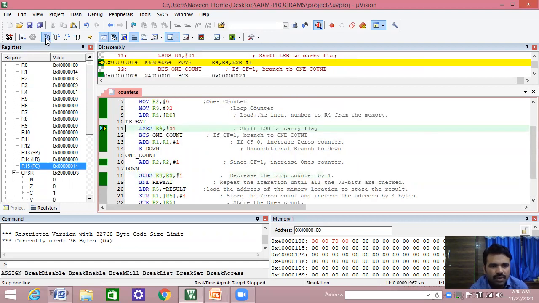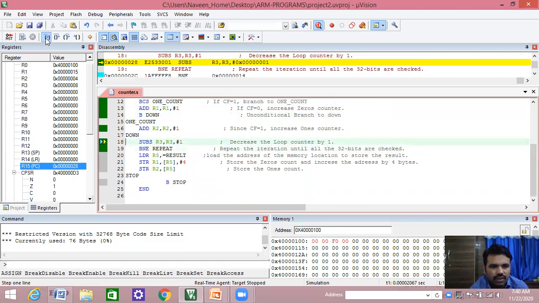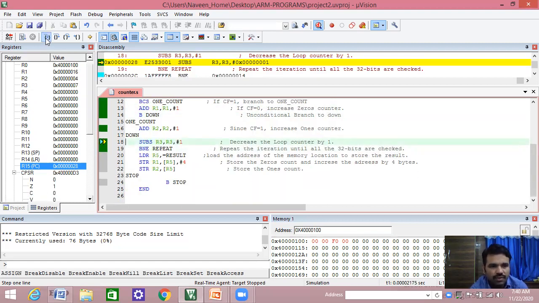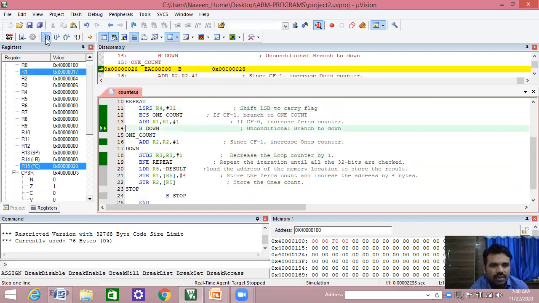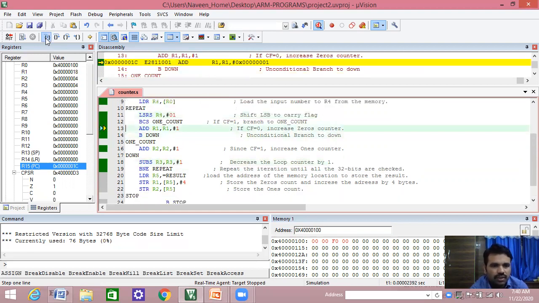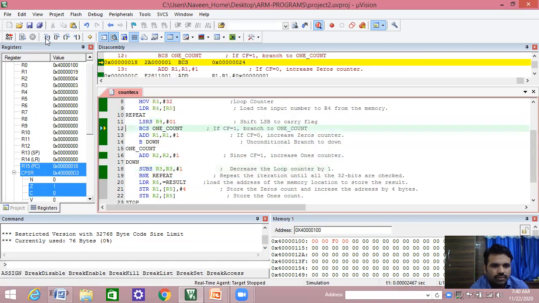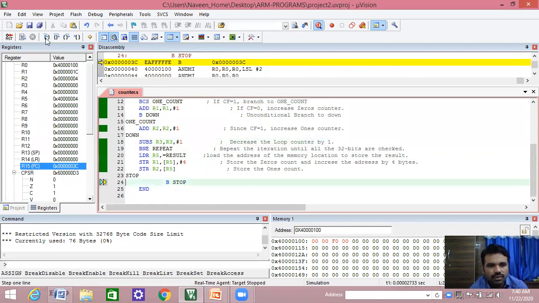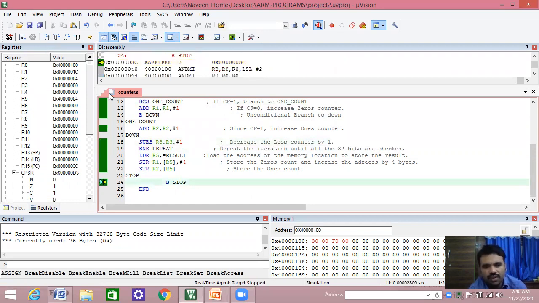So this will be done for 32 iterations until R3 becomes 0, which is being used as the loop counter. See, it has come to an end now. Since R3 has become 0, we have checked all the bits.